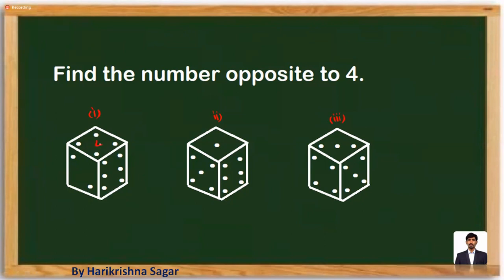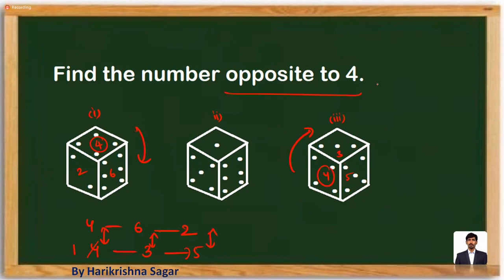You can observe this is 4, this is 2, this is 6, this is 3, this is 4, this is 5. What is the number common in these two? 4 is common in these two. How many numbers are common? One number is common, and I'm taking 2 dice. After 4, what is the number? 6. After 6, what is the number? 2. Look here. After 4, we have seen 3. After 3, there is the number 5. So 2 and 5 are opposite. We should not see 4. It should be some other number. That must be 1. So 4 opposite is 1. So here the question is, what is opposite to 4? Mark your answer choice: opposite to 4, there is the number 1.